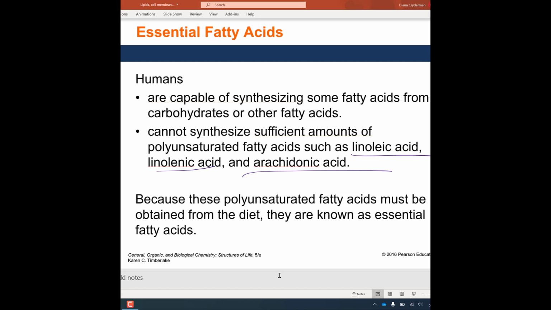So in those cases, we have to consume them. We will call those essential fatty acids. So essential means that we have to get it in our diet. We can't make it. No matter how much other fatty acids we eat, no matter how much carbs we eat,